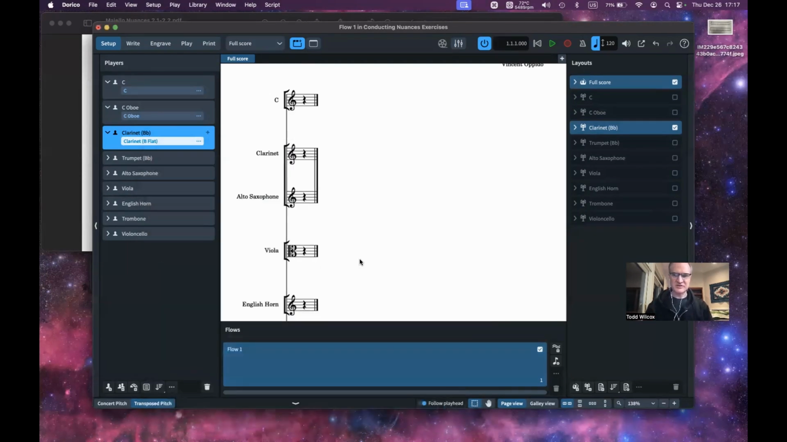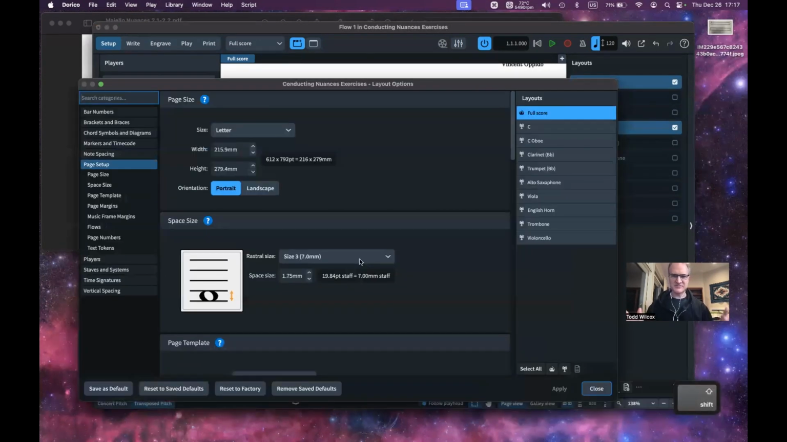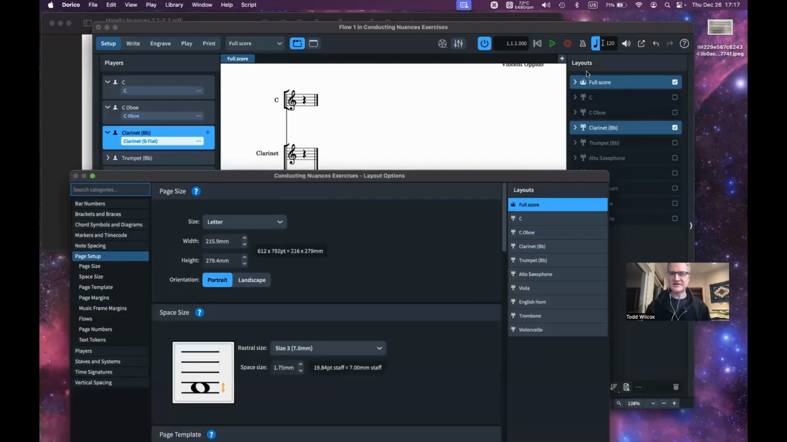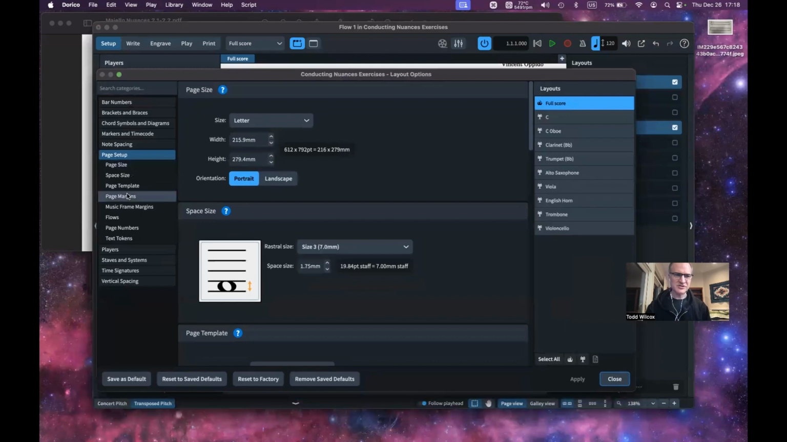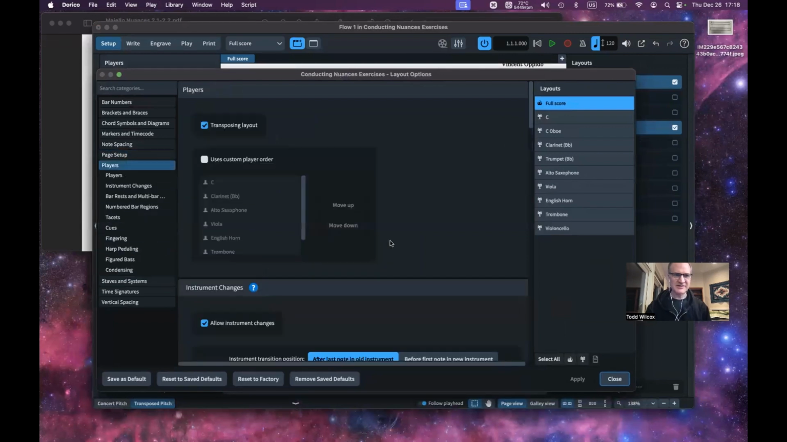So I'm going to do Shift, look in the lower right, Shift, Command L. This is one of my very commonly used commands to go to layout options. This layout is the full score layout, I think. Yes. So I'm choosing which layout option I'm changing over here. I'm on the full score layout, and I want to show, and of course I